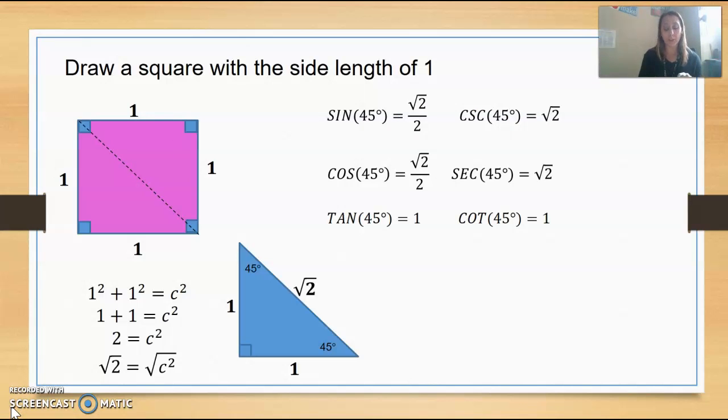And this right triangle, and I forgot to name the other one, but this one, when we have a 1 by 1 by the square root of 2 with two 45s, we call this special triangle. This is special, so make sure you